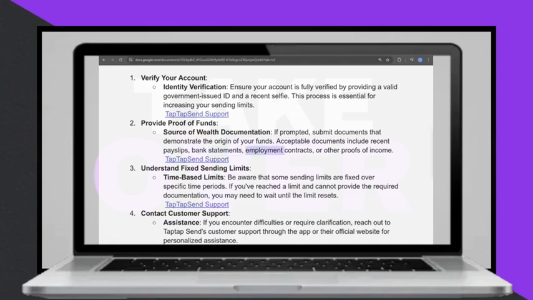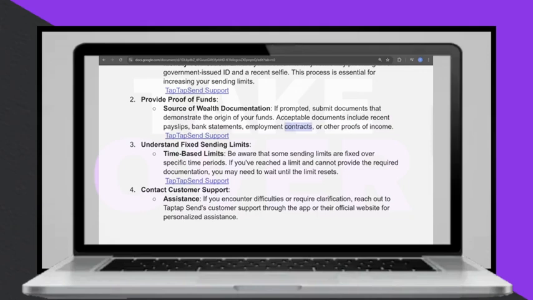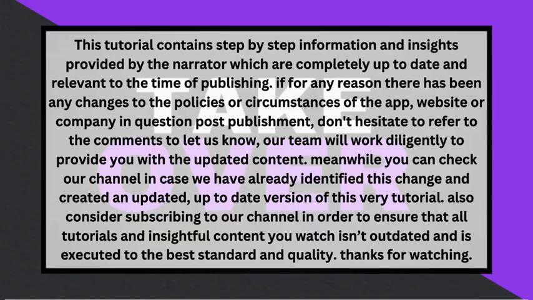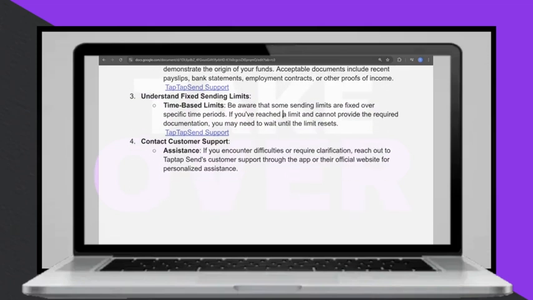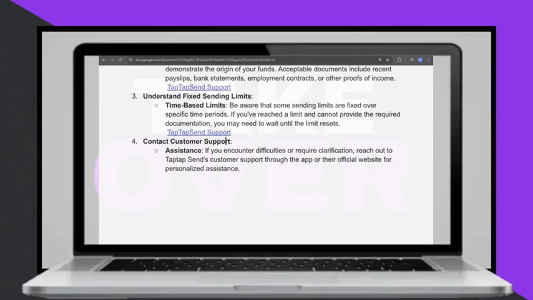It is also important to understand that some sending limits are fixed over specific time periods. So if a limit is reached and the required documentation cannot be provided, it may be necessary to wait until the limit resets. If difficulties or further clarification are needed, contacting customer support for assistance is an option, and they